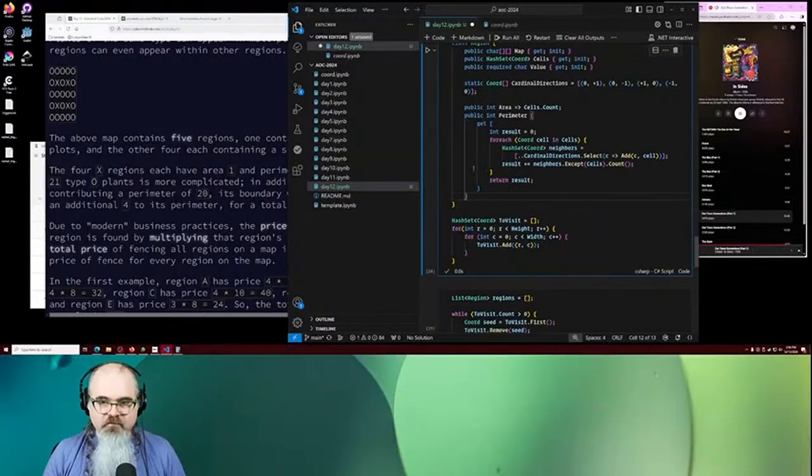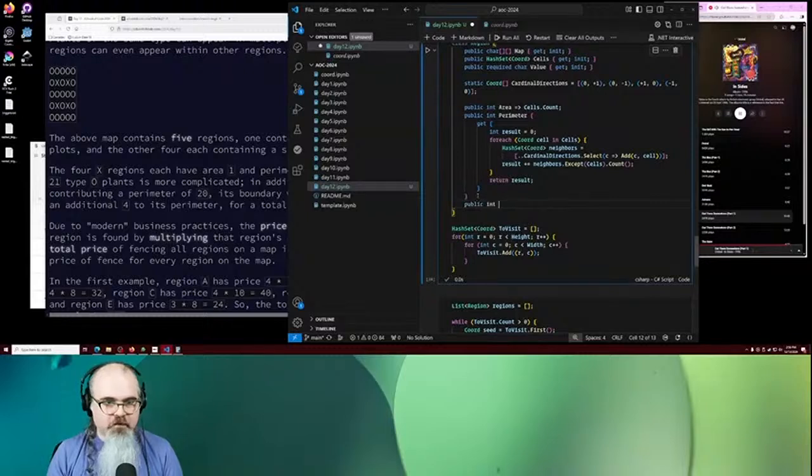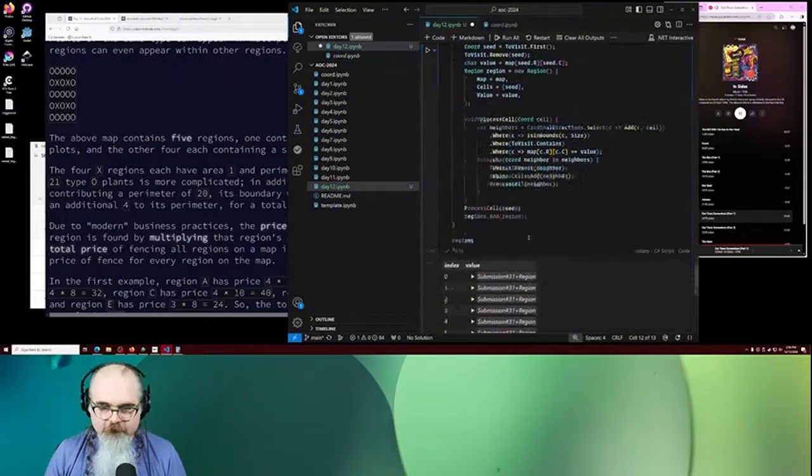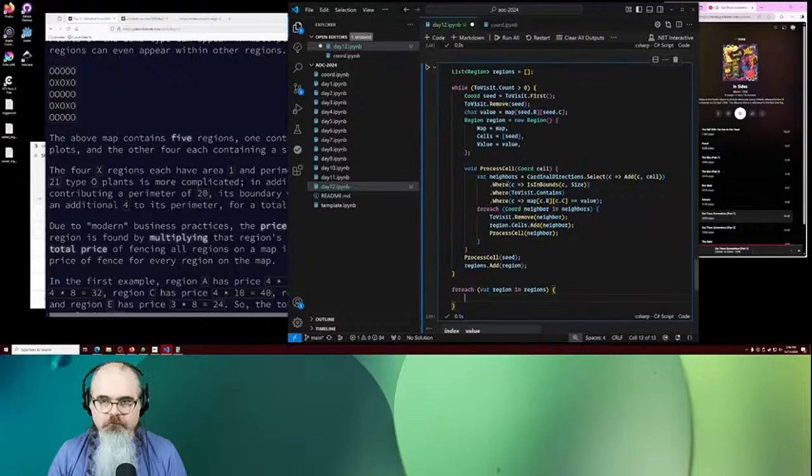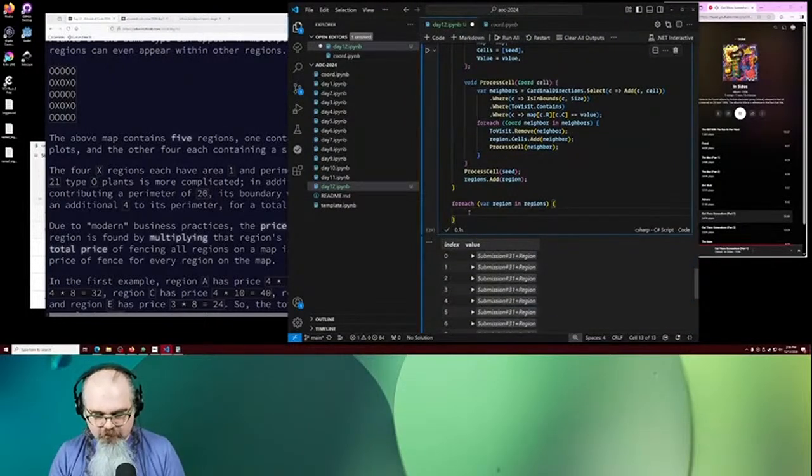Okay, so that gives us our area, that gives us our perimeter, and so then for price, public int price is area times perimeter. All right, so now what we just want to do here is, for each var region in regions, we're going to just say here, I wonder if I just display region. I want to see what happens if I do